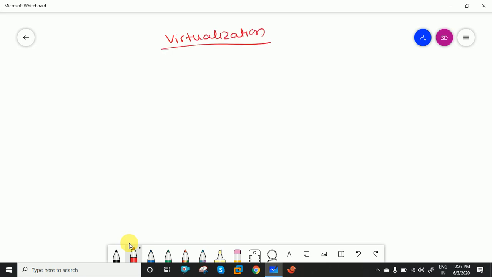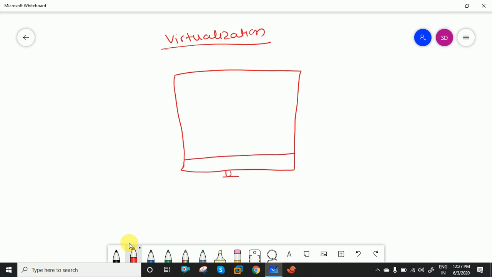In virtualization, it will create a virtual environment on top of the physical environment. That means, I'm going with one concept, just like the architecture of any computer, right? When we are talking about any computer, we have the hardware resources, like the RAM, CPU, storage, networking devices. On top of that, we have the layer of operating system, that might be Windows or Linux, and on top of that we have the applications and software layers.